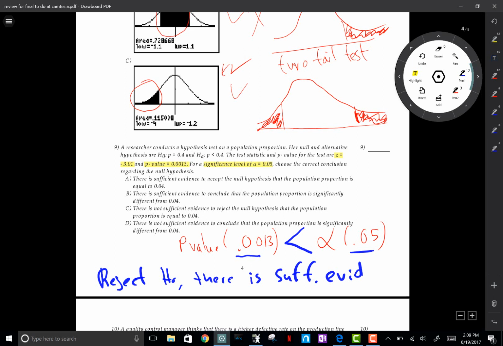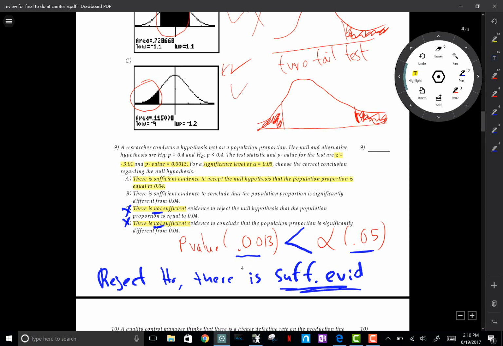So we look at A, B, C, and D and see which one represents that. Straight off the bat, you can see that C and D are not possible answers, because they say there is not sufficient evidence, and we said there is sufficient evidence to support the claim. So we already know C and D are out. Let's look at A. A says there is sufficient evidence to accept the null hypothesis that the population proportion is equal to